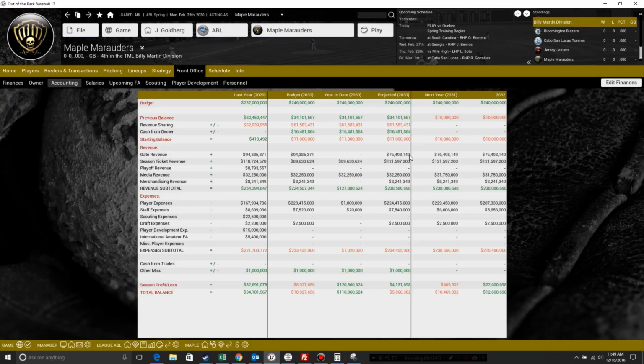That is estimated for you this year based on your team and the outlook the game thinks for your team, based on your current ticket prices. So right now it's showing a significant fall off for me under gate revenue. Meanwhile, my season ticket revenue, which is now locked because I can't adjust my season ticket price because winter meetings are over,